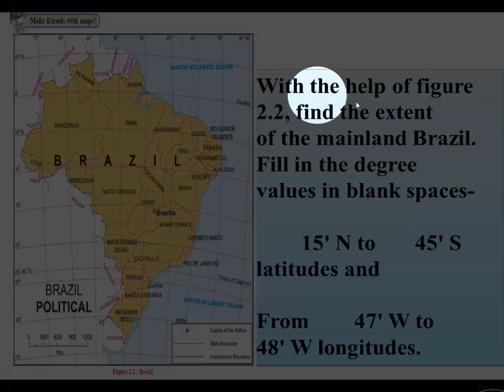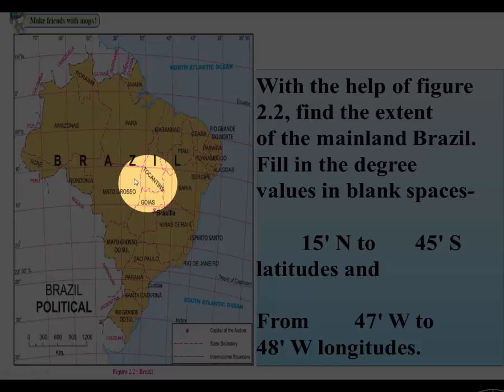With the help of this figure, we have to find the extent of mainland Brazil. Here some fill in the blanks are there. We have to fill them. Okay, now the first one: dash and 15 minute from north. Okay, north, and this is talking about the latitude. Latitude, the horizontal line on the globe. Okay, now from dash to dash north,